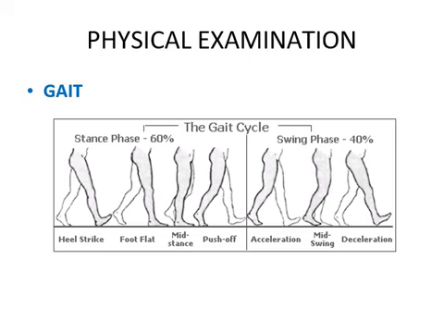I'm not going to go through all the phases, but the idea is we are moving with two feet, and we have a part of our gait cycle where both feet are touching the ground, and another part where one foot is up in the air. So